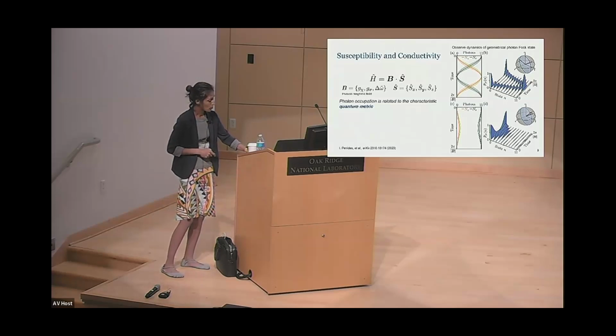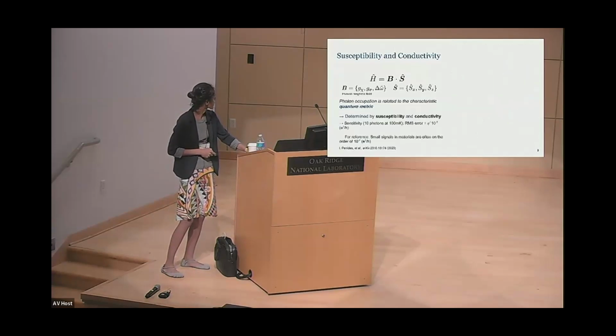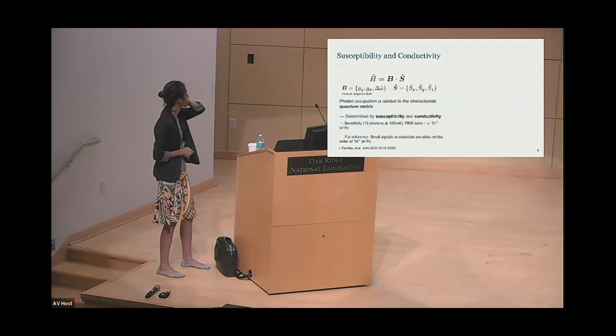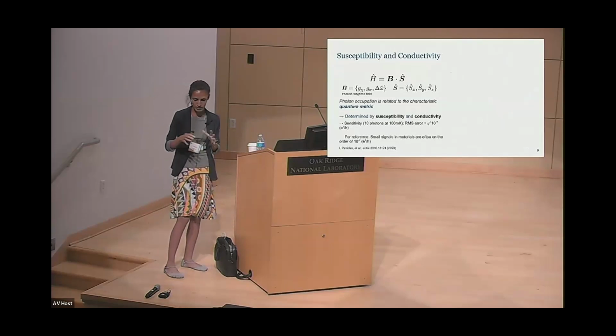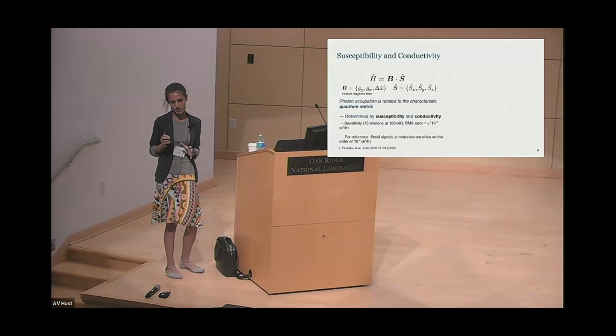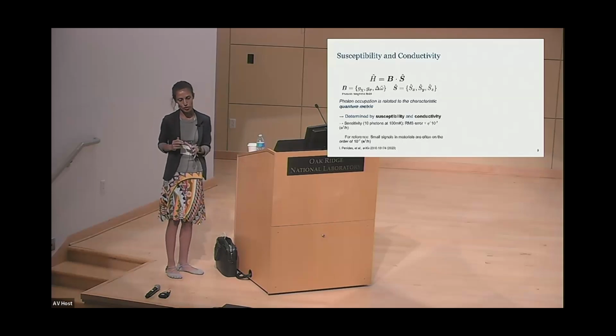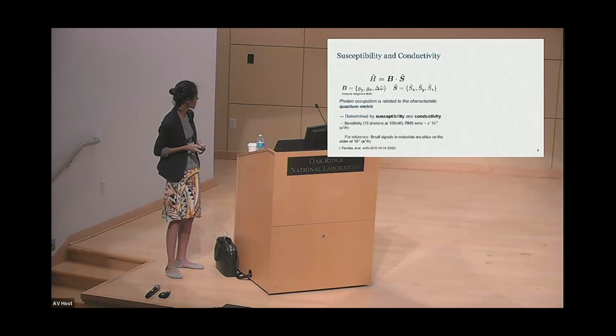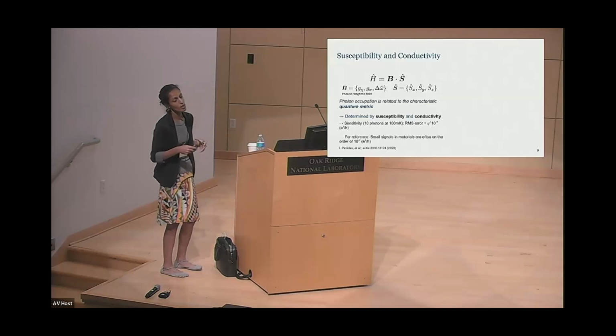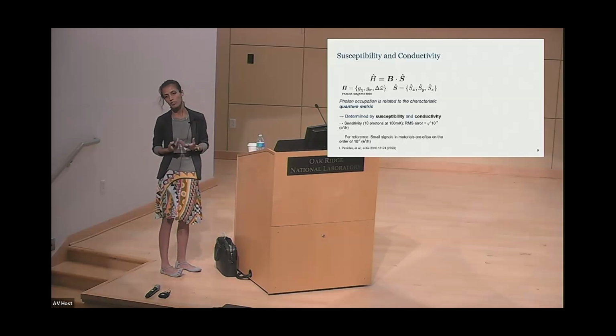So you might say, well, why did we do that? Why did we go that far? Couldn't we have done slightly better? Well, turns out that I can talk about this circuit. I can talk about the circuit having a set of photon occupation. It's microwaves, but still talk about occupation. And I can relate that occupation directly to a very general property of quantum matter, which is a quantum metric,